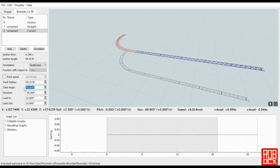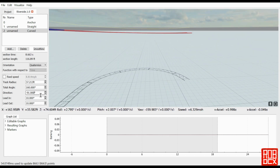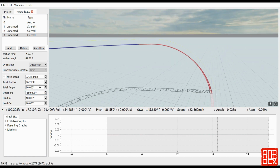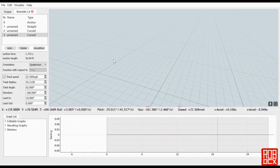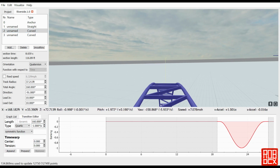We are starting a new ride this time. Right now I've not decided on a name for it, so we're just going with Riverside Coaster, Riverbank Coaster, because this is going to be located on the edge of a riverbank. And